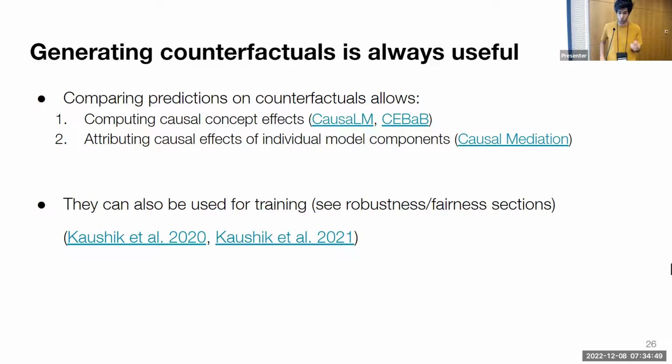One very cool paper that has now sprouted into the entire literature on this is causal mediation analysis, where in the case of gender, it shows that a very small number of model components are affecting the prediction with respect to gender. The way that researchers understand this is through thinking about examples where we have flipped individual gender words within the text. All right, on a completely different note, I can also use these examples, right? If I've generated counterfactuals from my training data, I can also use them for training, right?